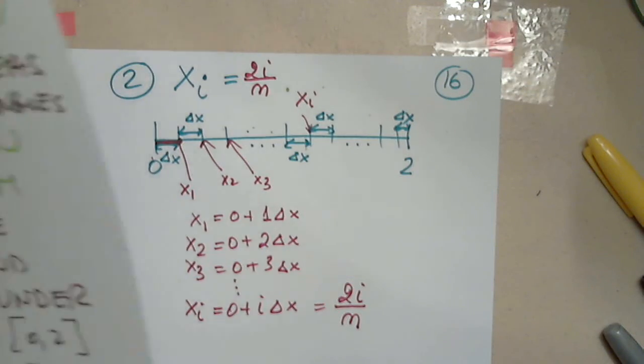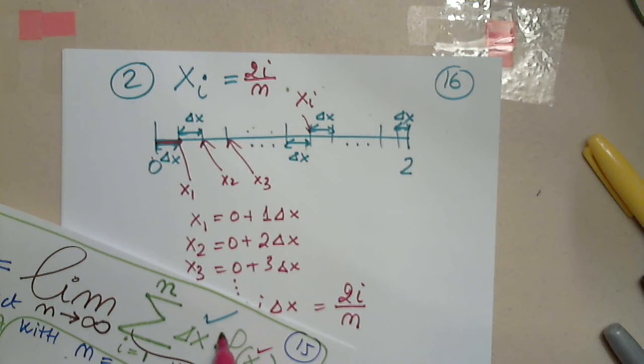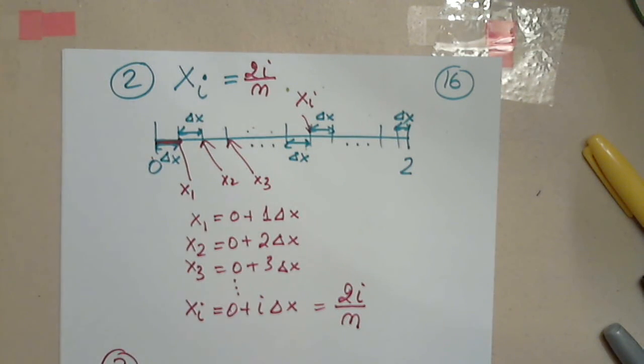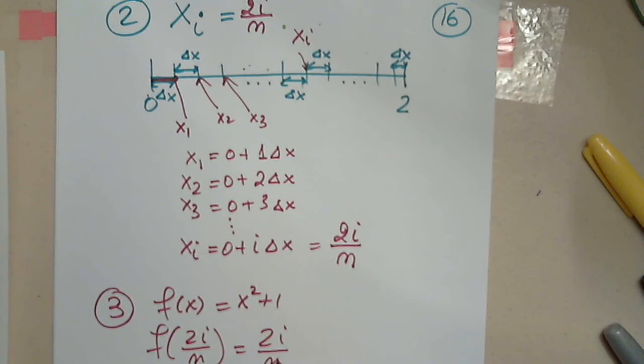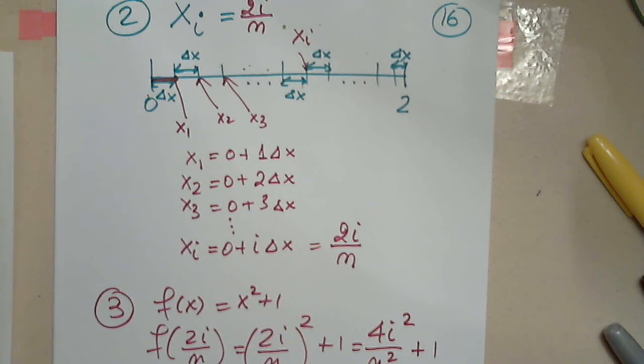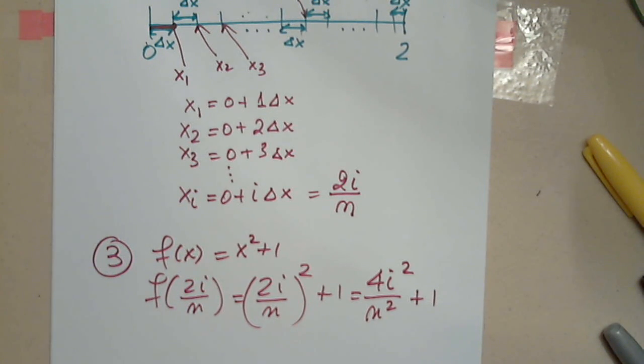Final prep. So I have this, I have the inside, but now I want this. Just plug it in the function. So remember the function is x squared plus 1. I'm going to plug in 2i over n. f of 2i over n. No problem, plug it in here. 2i over n squared plus 1 is 4i squared over n squared plus 1. Finally, I can say I have